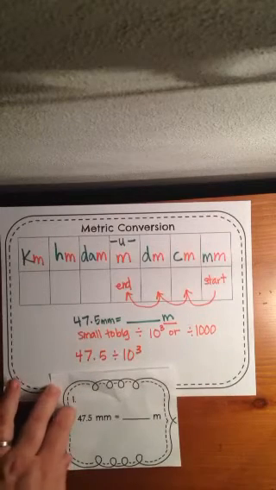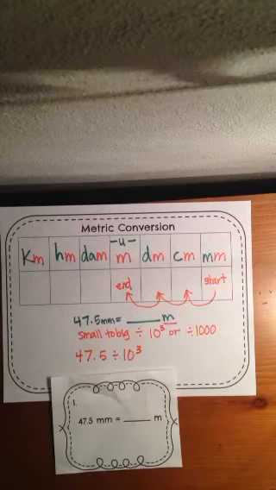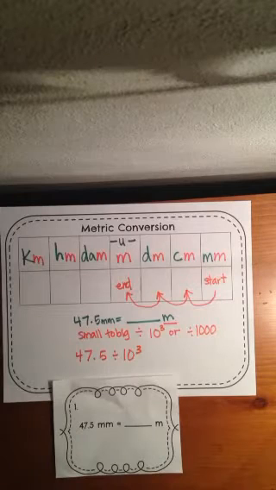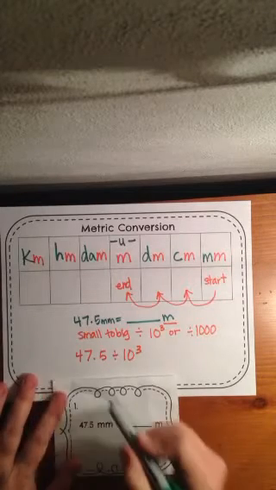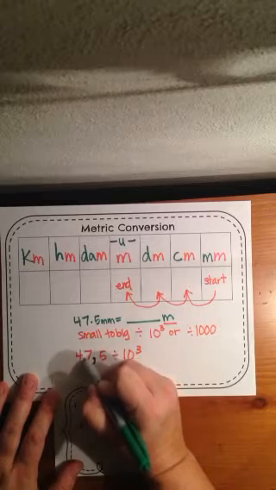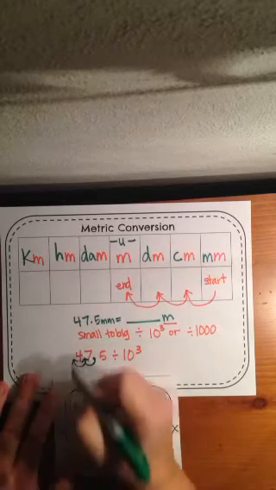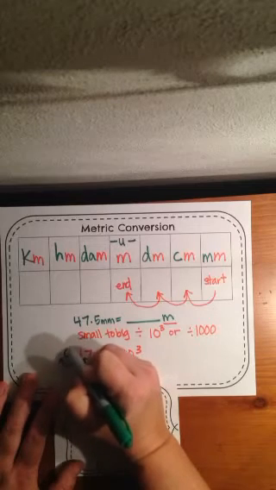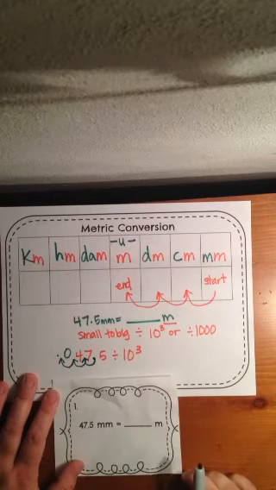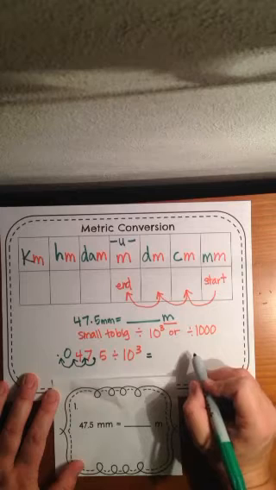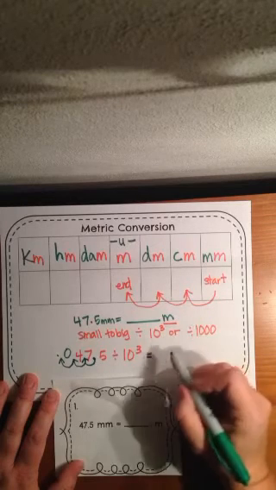We need each digit in the place values to get 1,000 times smaller than they already are. When each digit moves 1,000 times smaller than they currently are, that ends up moving our decimal 3 place values to the left. I moved it once, moved it twice, and in order to move it a third time, I have to annex a 0 to place that decimal because I ran out of digits to go around. So the answer to 47.5, or 47 and 5/10 divided by 10 to the third, is